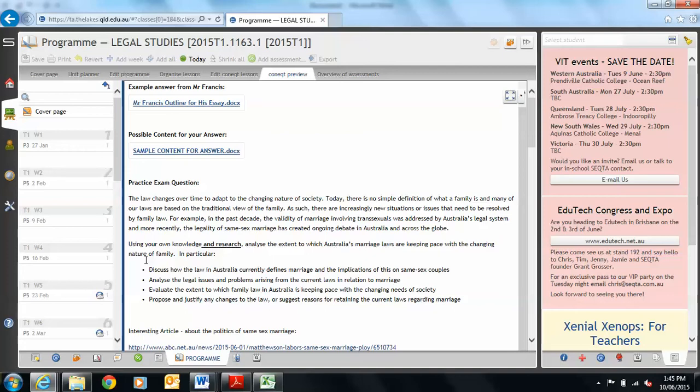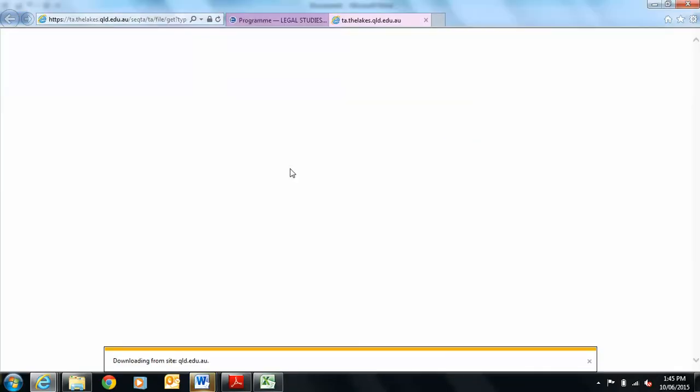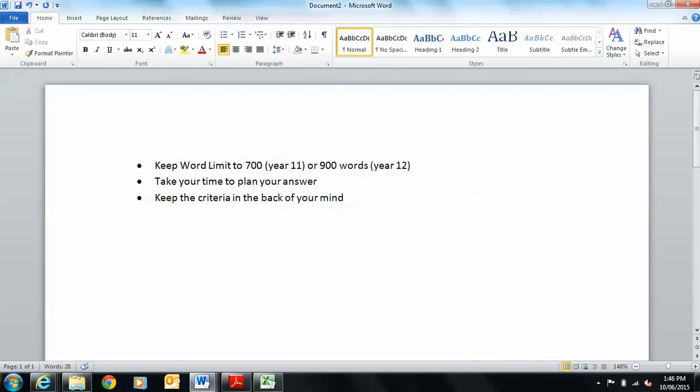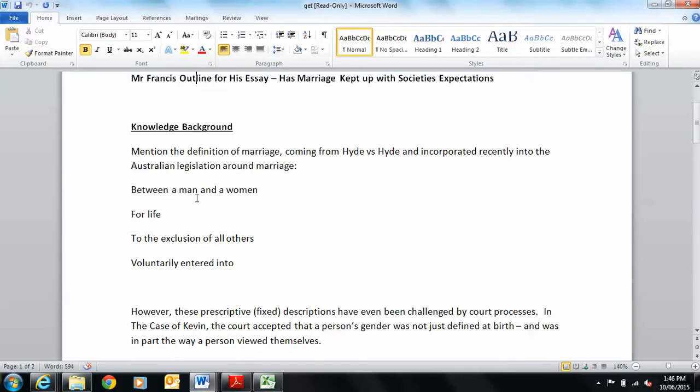So where would you go from there? I've given you a sample answer here. I think that's a pretty good place to start and think about what content you might use in trying to get an answer together. So there I've put in some of the knowledge I'd want to put in there. And I don't think the knowledge has to be that big a section, because right throughout your essay, you're going to be showing me that you have legal knowledge, that you can use legal terms correctly, that you refer to legislation, that you refer to cases.